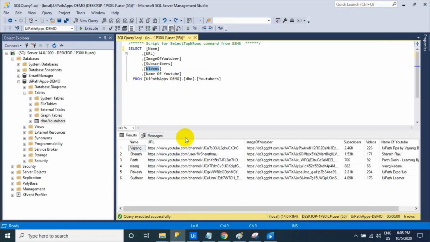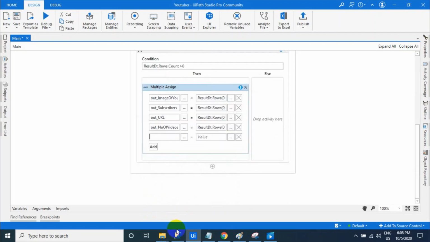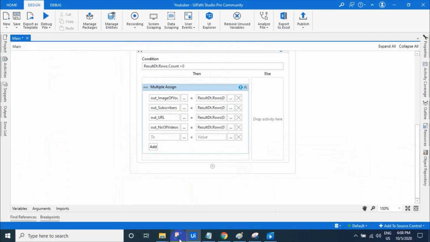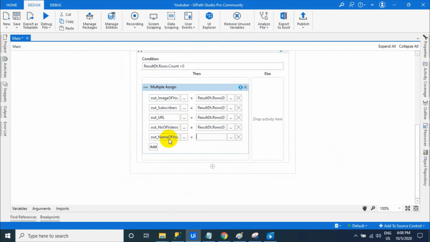Okay, result.rows of 0. Then next thing is name of the video, name of the YouTube, out_name of the YouTube. Again it is like a row result dt.rows of 0 of,